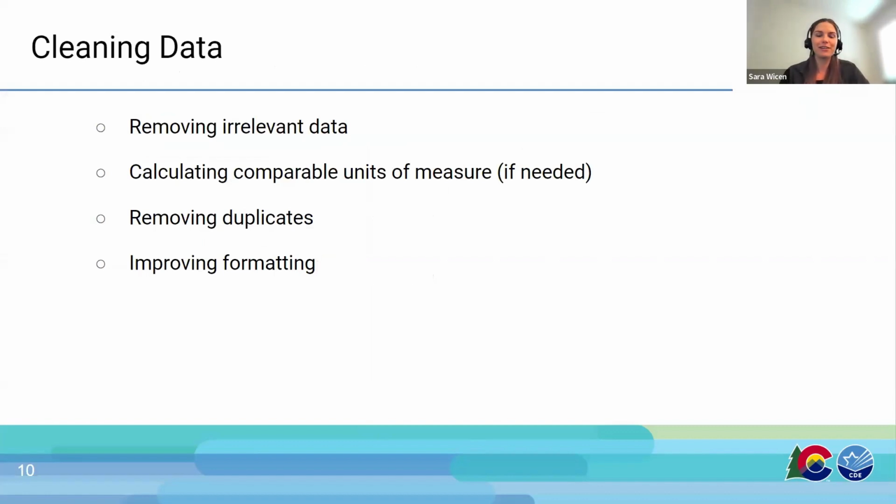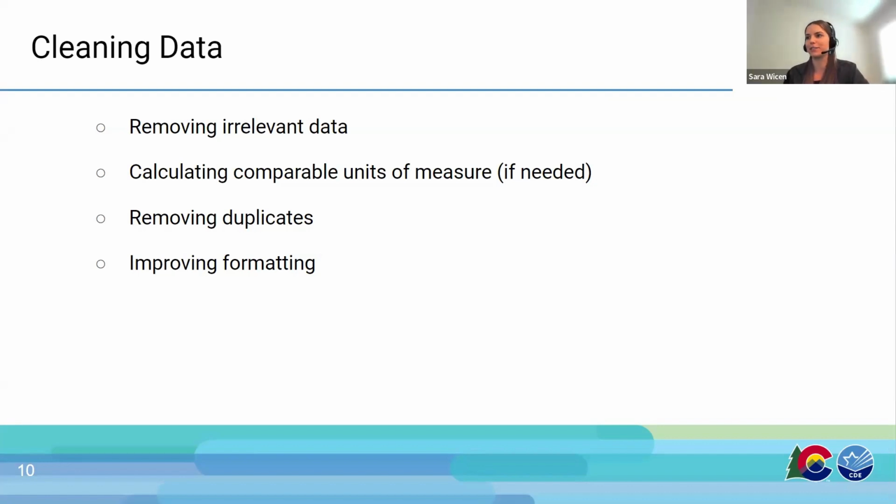And I started by cleaning the data. I think when people think of data visualization, they often go to that chart I showed you on the slide before, like transforming that spreadsheet into that chart is data visualization. That's not wrong at all, but there are so many steps that can go into making that visualization before you even start building out the chart that will really help set you up for success.